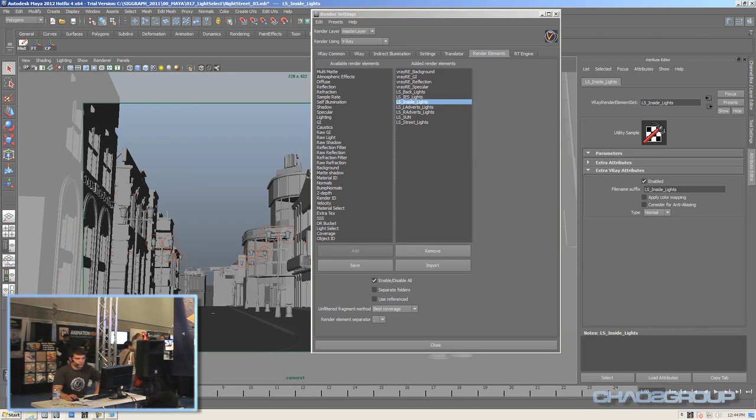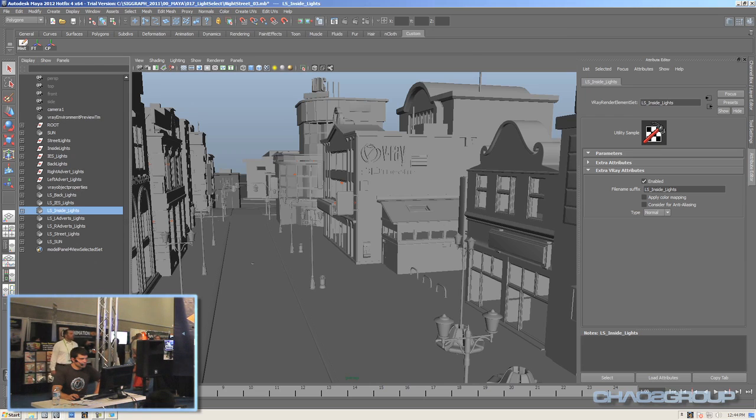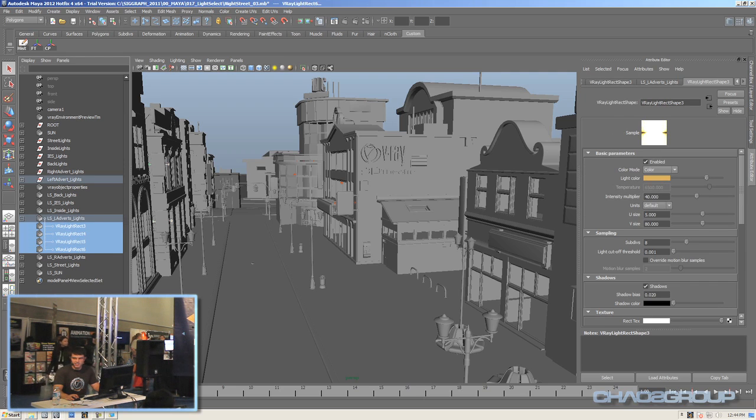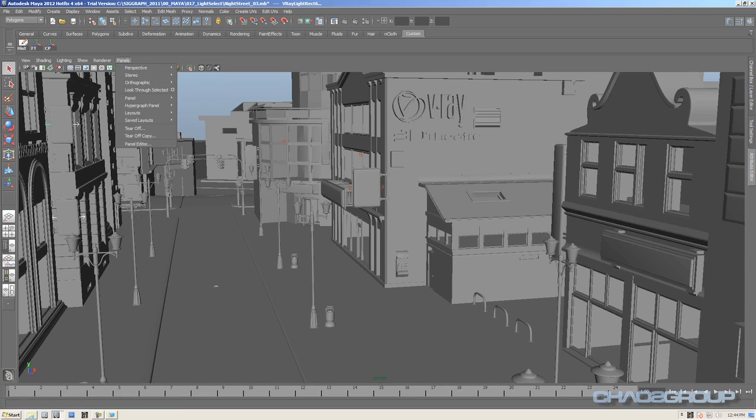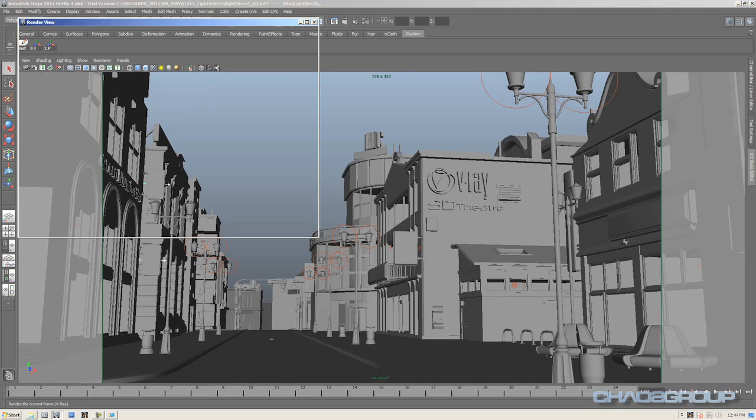How to use it? You just have to add the light select render element in this list, and after that in the outliner you will see this selection set created by the render element itself. And if I drag a couple of lights underneath this selection set, the contribution of these lights will be extracted by the render element, and you'll be able to tweak the intensity, hue or saturation of these lights in post. So if I go to my render camera right now and render,